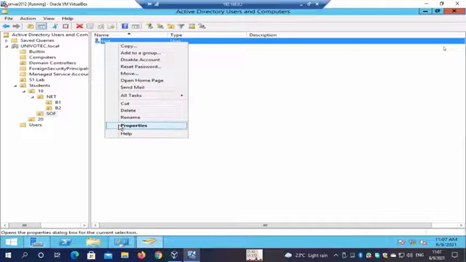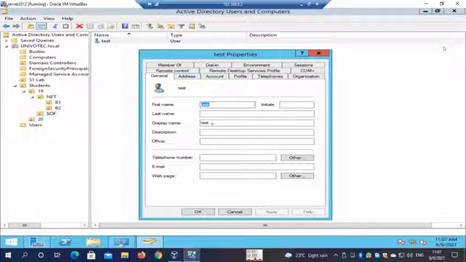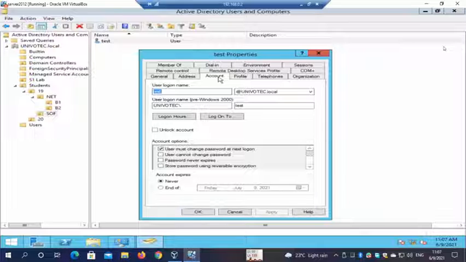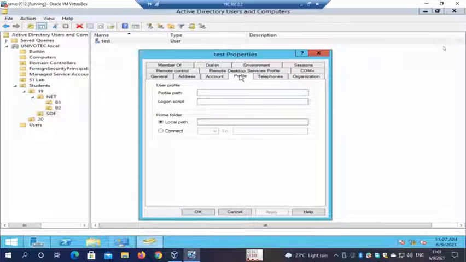If you take the properties, you see all these are attributes which I showed you earlier, right? First name, initial, last name, display name, description, office. There are a lot of attributes here. Here you have user logon name, then some account options, then account expiry. These are all attributes, right?